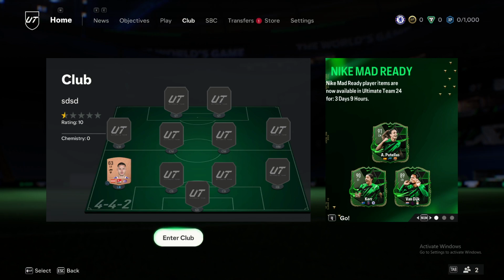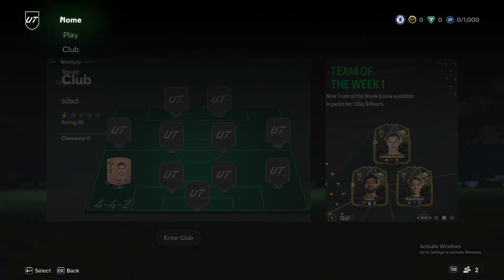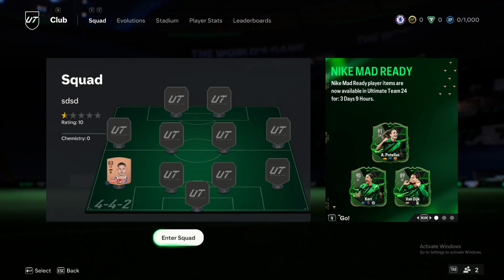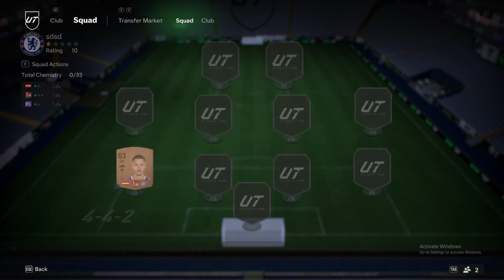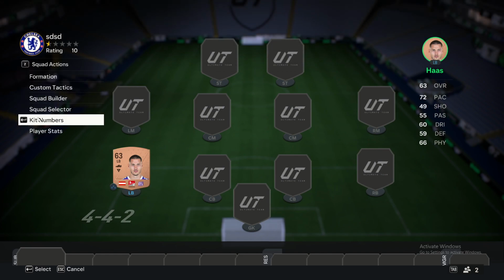Of course, first of all, you need to open up your game and load up Ultimate Team, and then go to Home, the first option. Then go to Club, and once you are in the club, go to Squad. Once you are on the squad, select the player here, then select the squad actions